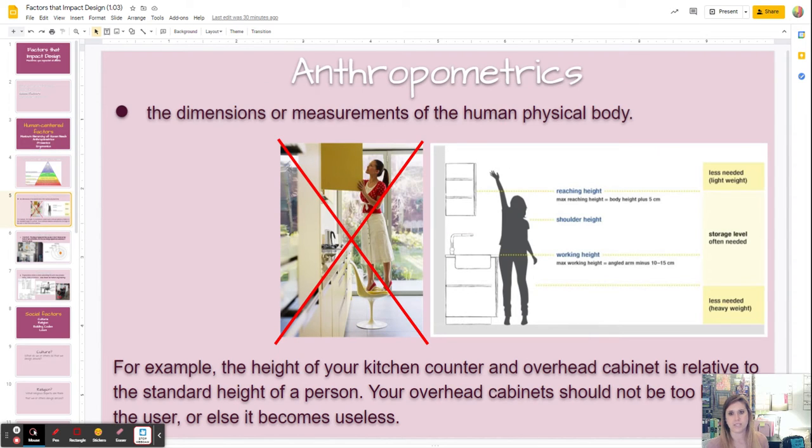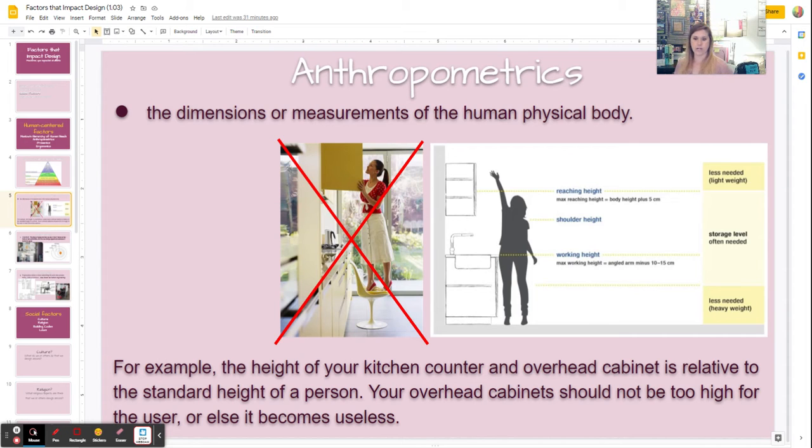All right, big terms. Anthropometrics. This is a big definition. The dimensions or measurements of the human physical body, like short and tall or average height. So you have this photo right here. It does not have an X through it. I would draw an X through it. For example,